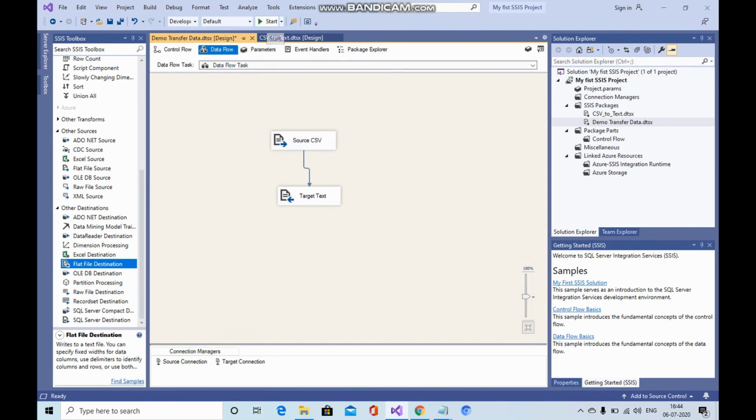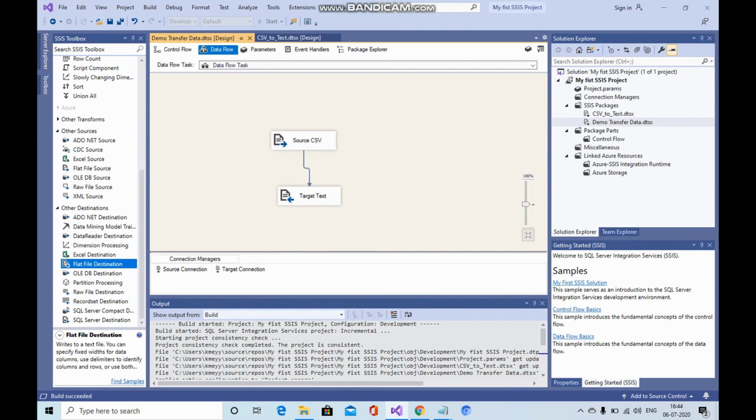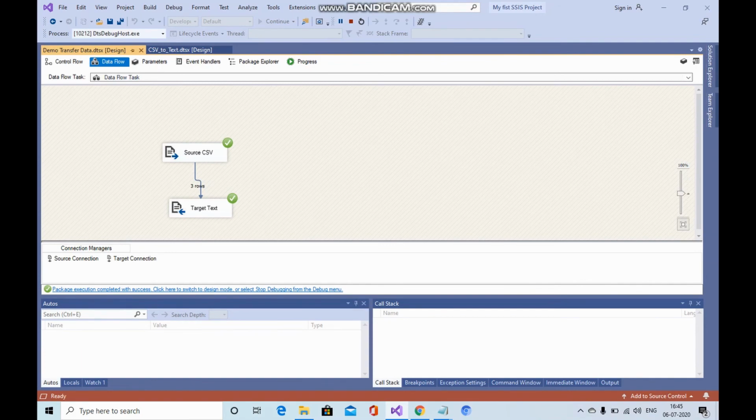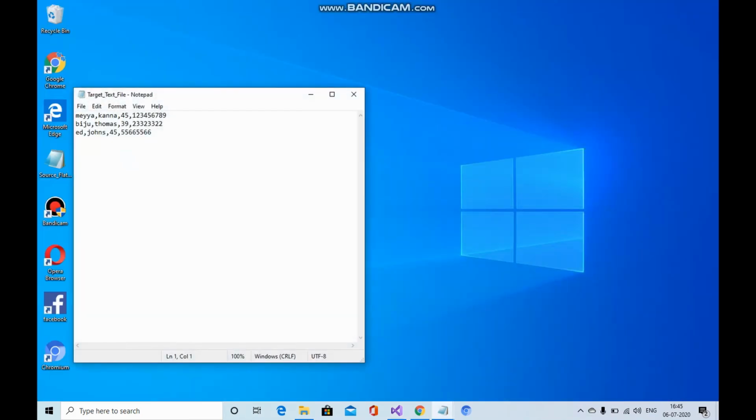If you go and run, it will process and move all the data from source to target. All three records will be moved; you can see there are 3 rows already moved. If you want to validate, go back to the target text, and all the 3 data rows have been moved here. The column header is missing here actually. For that, we have to change the settings in our transform process.